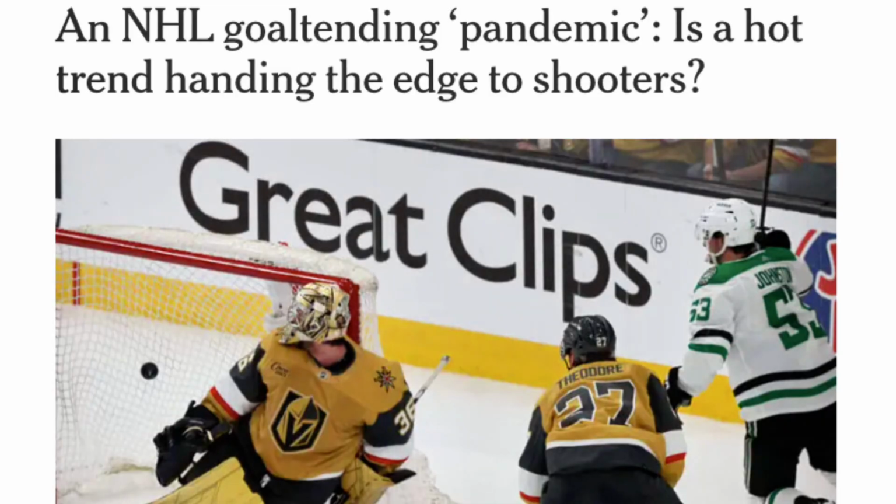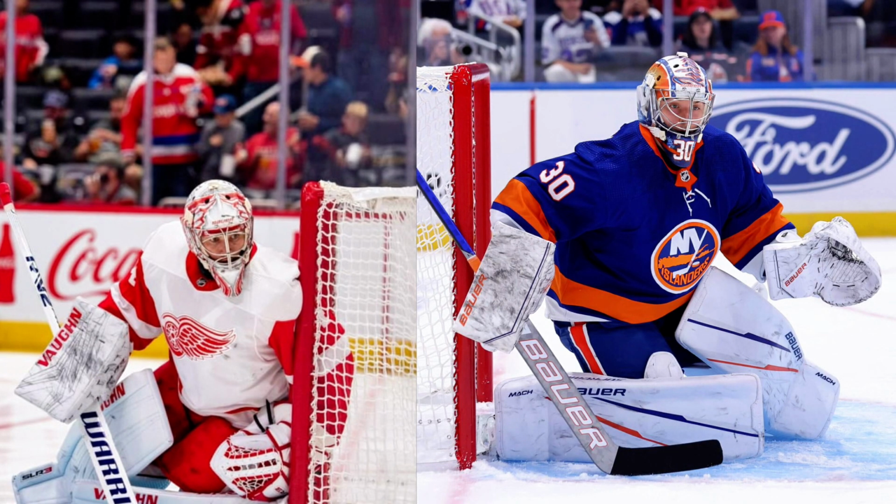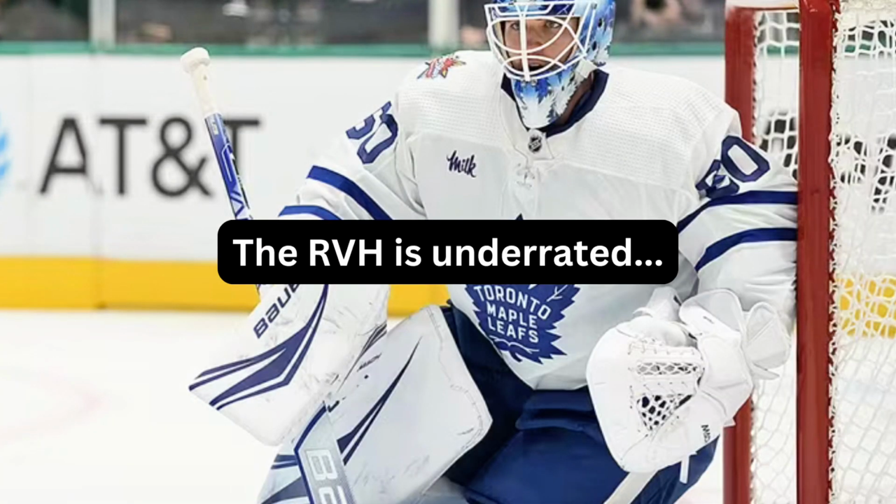The RVH is underrated if you know how to use it. One of the most polarizing topics on the goalie internet is the RVH, or reverse vertical horizontal. Young goalies are obsessed with it, and a lot of older goalies hate it. But I think that if it's used appropriately, it's a very effective skill that every goalie should know how to